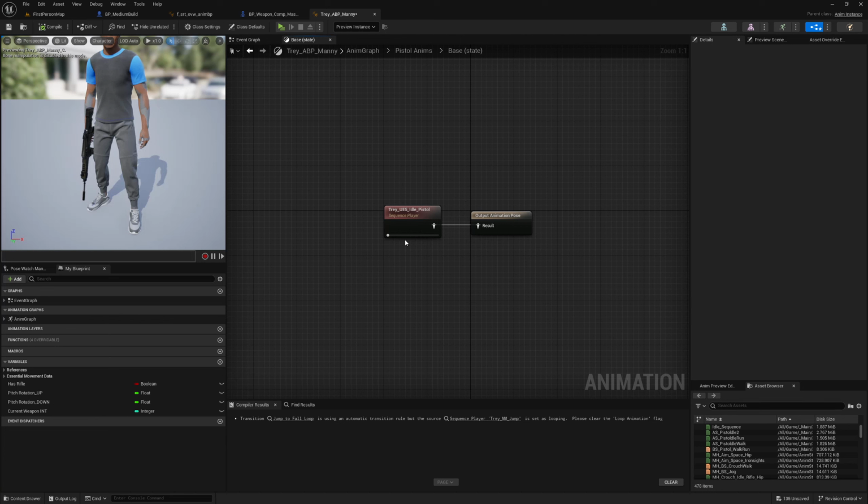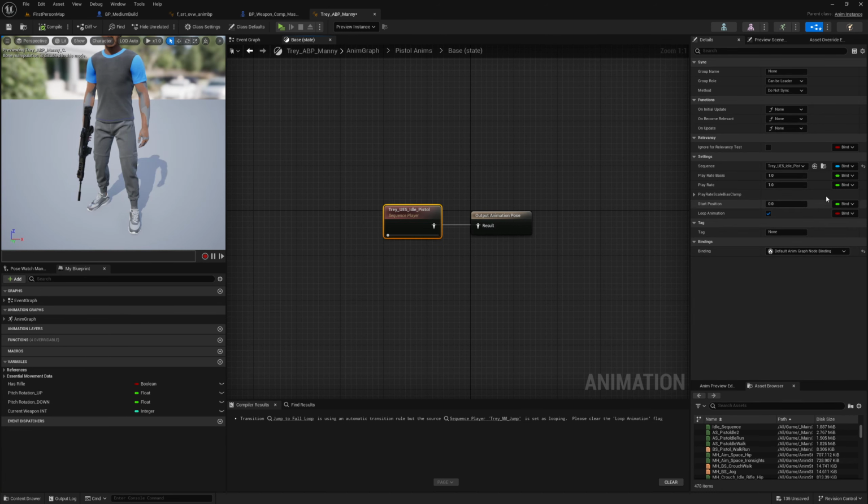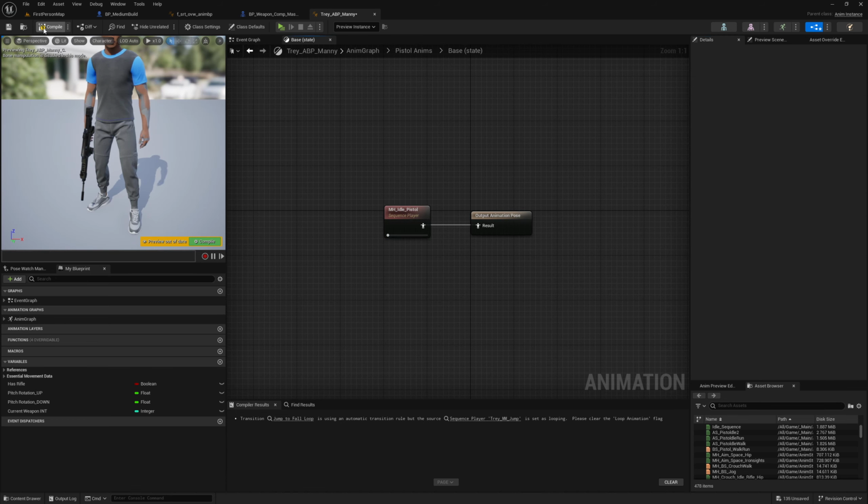So we just retargeted this one again, but you could set this one as your MH idle pistol, and then